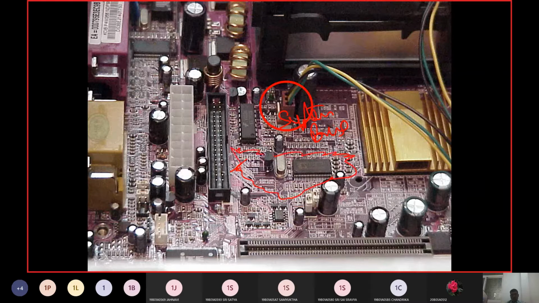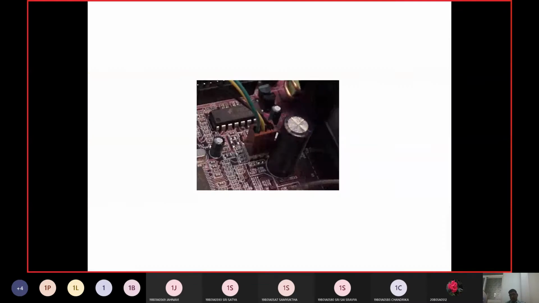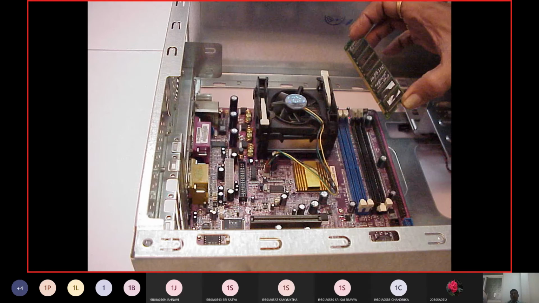The system bus connects all the components inside the motherboard. This is where the system bus is integrated. We have the address lines, the data lines, and the control lines, and all these lines are placed at this position. So we are done with the CPU.